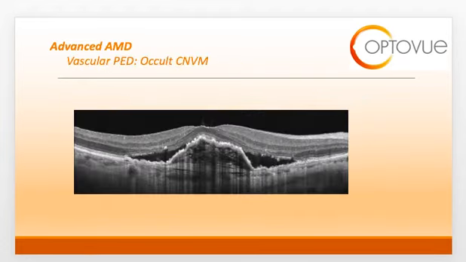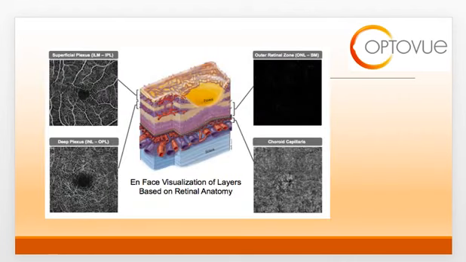Here's another example of a large fibrovascular PED with two adjacent areas of serous fluid, both nasal and temporal. In situations like this, where you want to rule out CNV, we should use OCT angiography. OCT angiography is a new technology that allows for visualization of the retinal and choroidal vasculature. Essentially, you can see on this frame how each part of the retina is fed by a distinct area of vasculature. In order to rule out choroidal neovascular membranes, we want to look at the two outer angiograms, RPE down